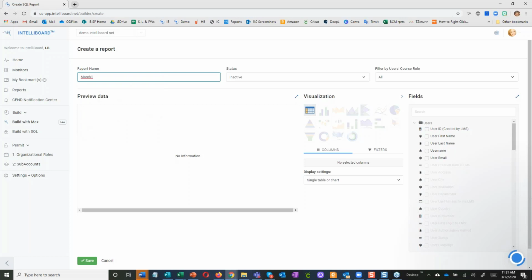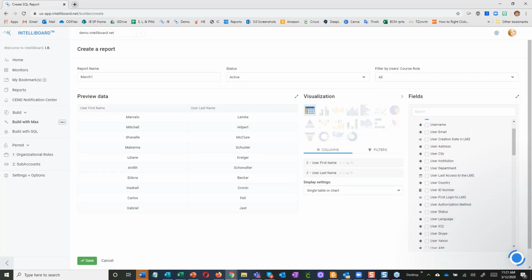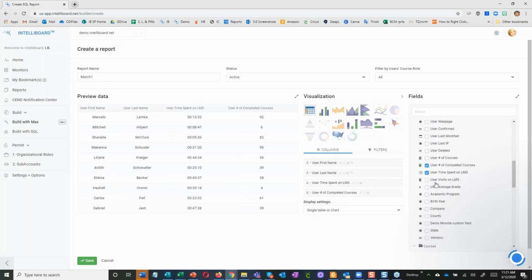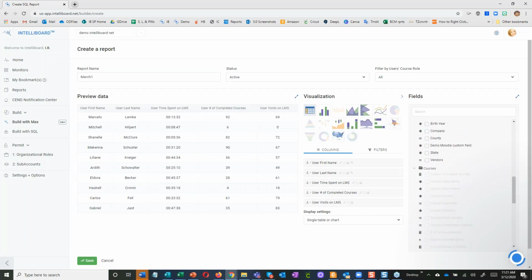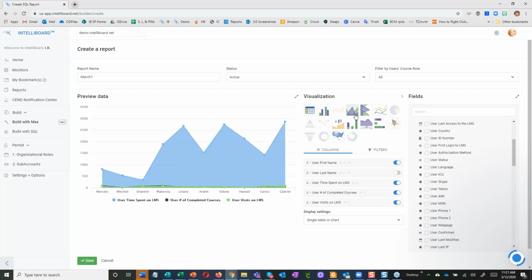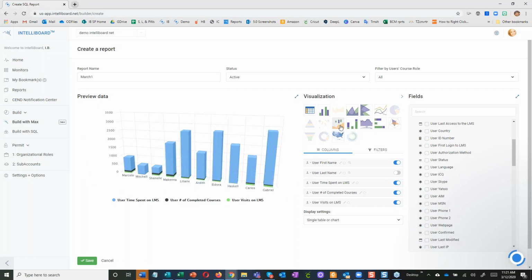I'm doing pretty well. So I'm gonna say March 1, and I'm gonna say active. And now you're gonna watch, or see rather, the report build out as I click the information that I want to see in this, okay? And we can go down to courses, and the data becomes available as I open different kinds of fields, okay? So now I'm working with this, but if I want to be able to visualize that data, I can do this. And you can pick any visualization that you think works for you in terms of how you're displaying your data. Okay, and you can save that.